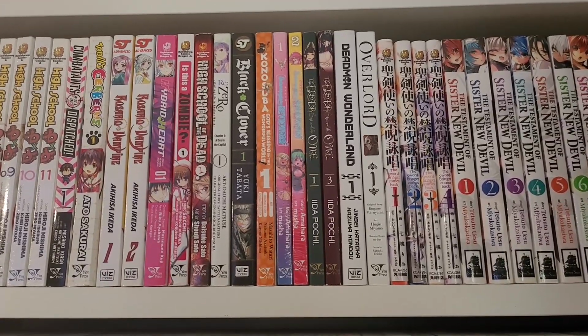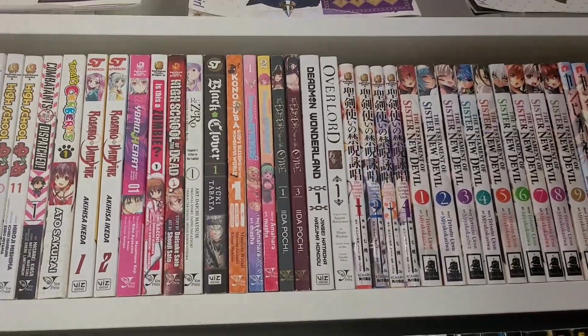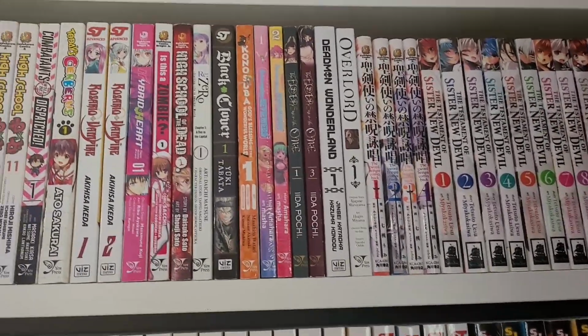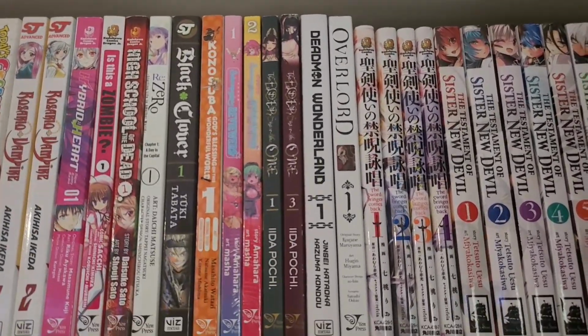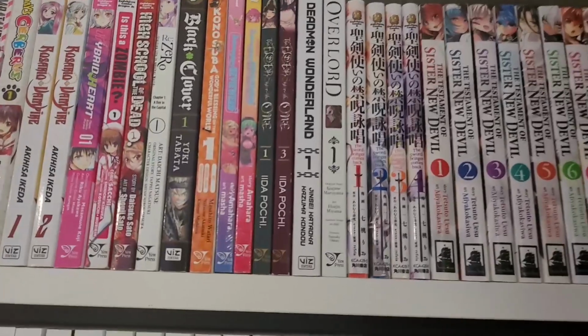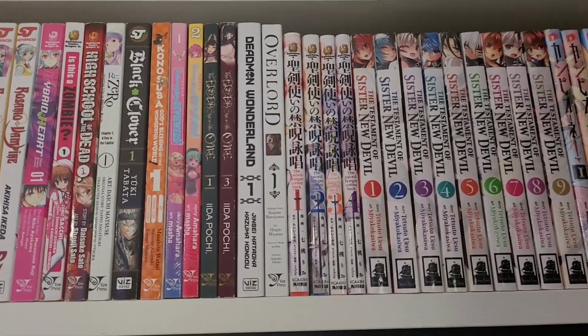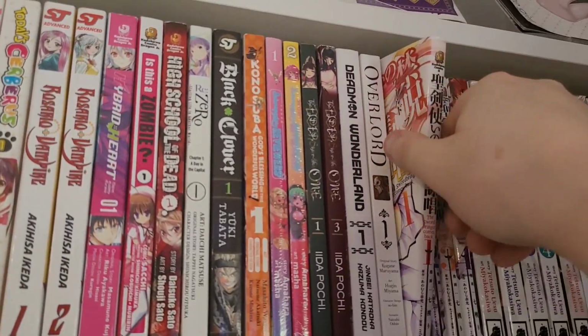Konosuba. So these are just, I like collecting series, but then I like just grabbing volume 1s of stuff, just to read and give a go. And if I like it, then I'll buy the rest. So Interspecies Reviewers, great. The Elder Sister-like one, it's called, from Ida Porci. I love her work. Deadman Wonderland, Overlord. These are, if I recall,